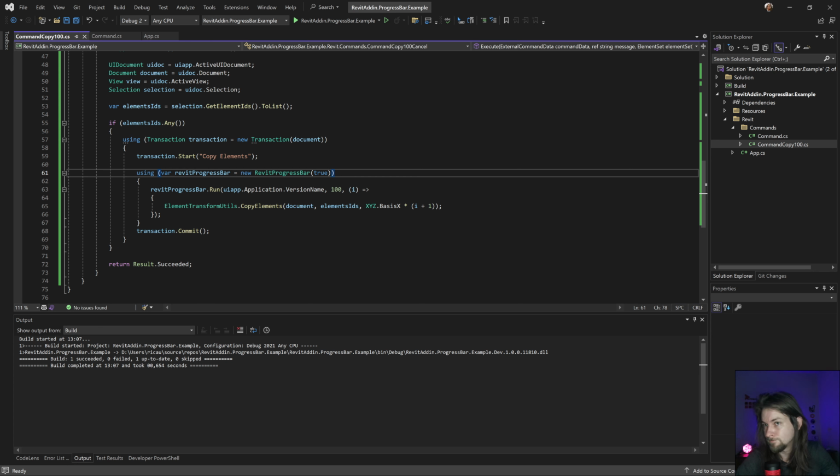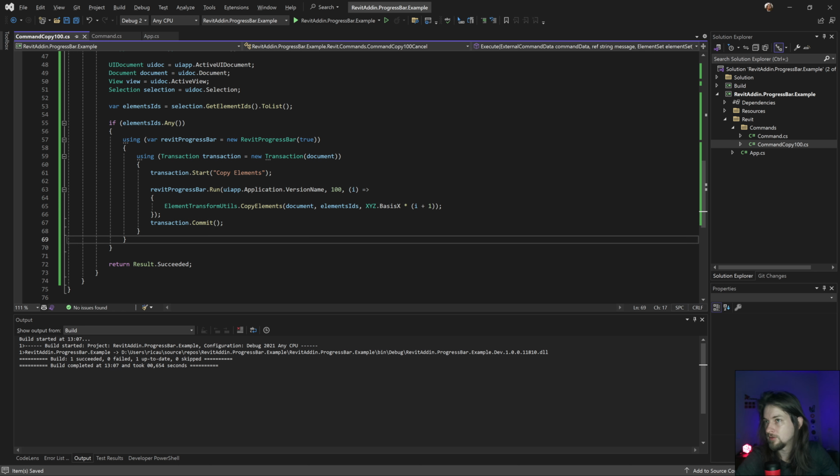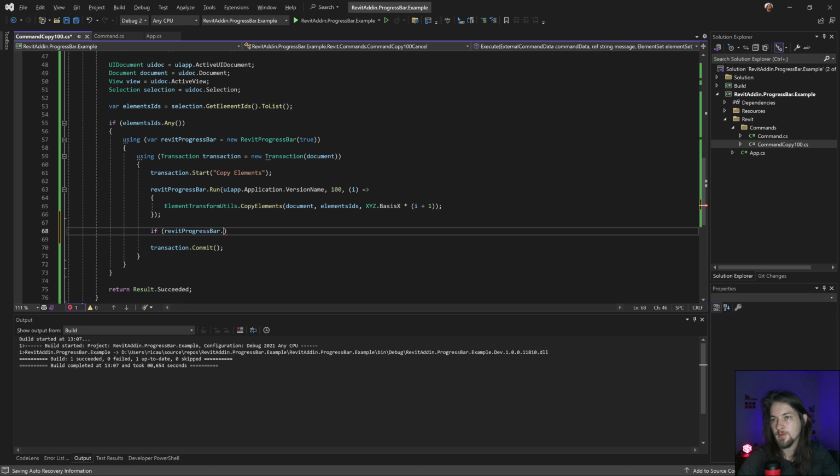Let's do that. Let's think, I guess. I could change this to something like this, I guess. It's gonna work the same. And I have the options in here. Yeah. If canceling, yes.